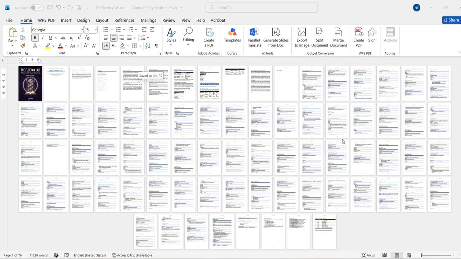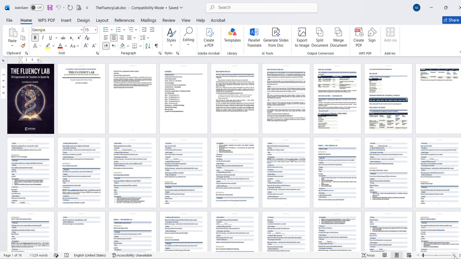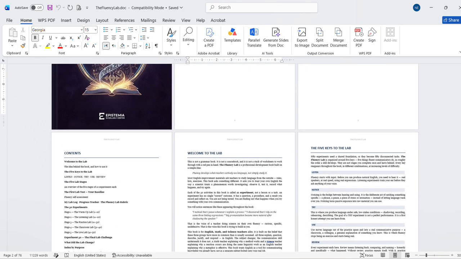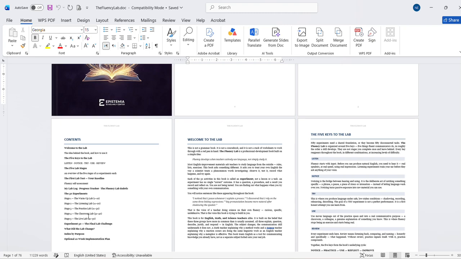I'm going today to show you the Fluency Lab handbook. This booklet is designed for English, math, and science teachers. It's divided into 50 experiments for teachers to speak up. Let me show you the index, or the table of contents, so that you know the details